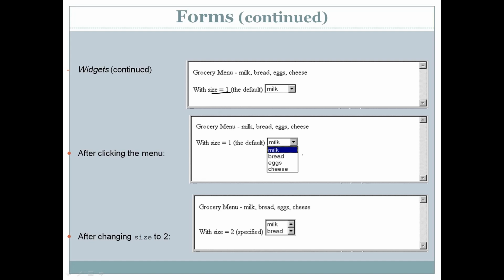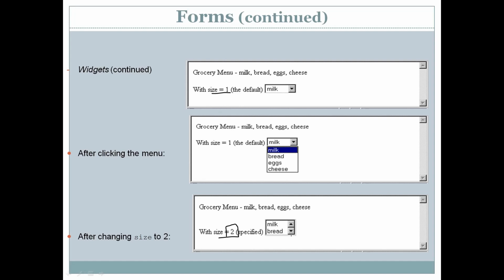When you click on the arrow, you will get a list like this. When the size is greater than 1, the size is 2 here, you can see 2 items are displayed at a time on the menu. And you have 2 arrows, up and down, to move up or down. This is how you can create a menu.